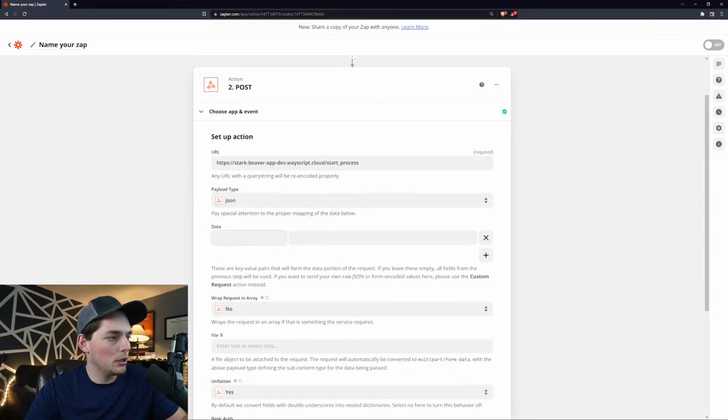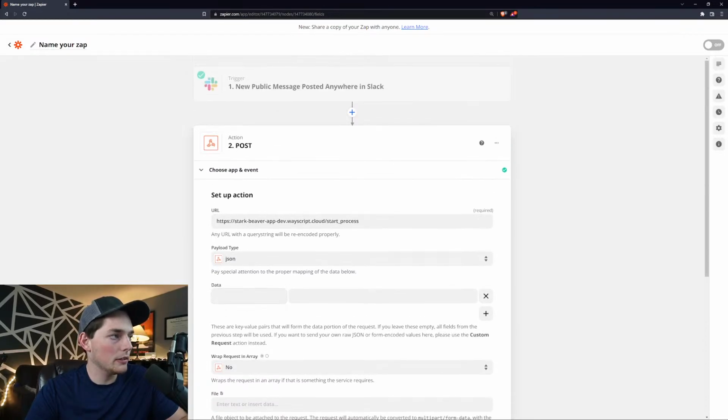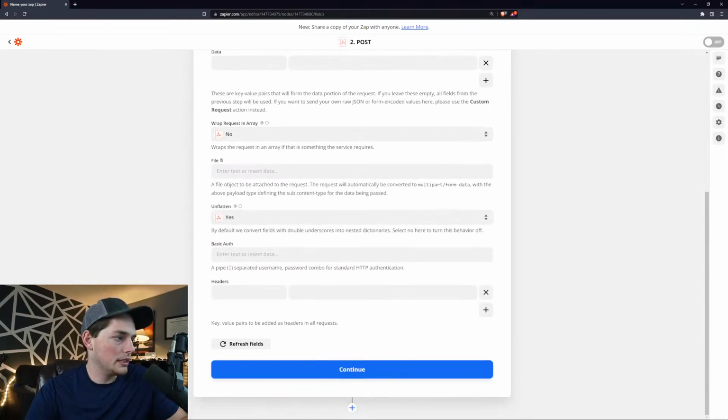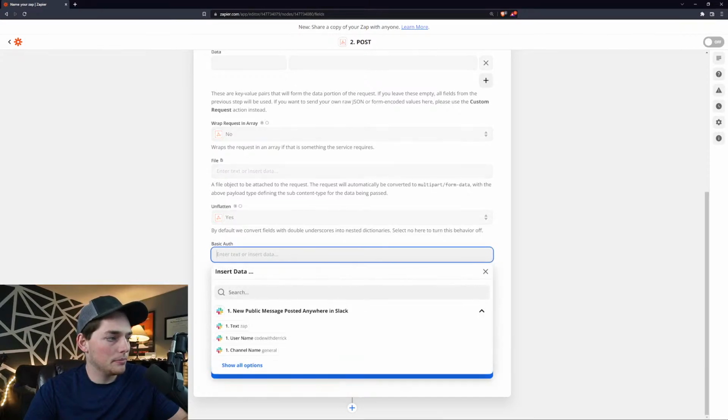We'll leave our data blank. By leaving this blank, what it does is give us all the information from the previous step. We'll say no basic auth. Okay. So at this point,